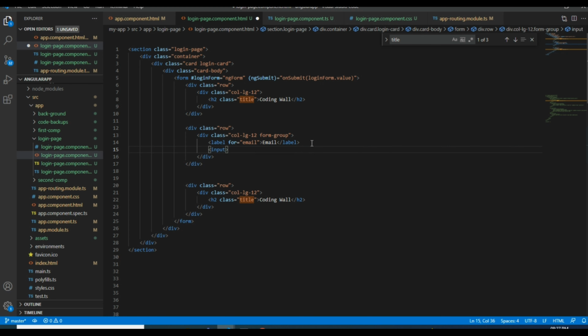Put class form control, type text, and placeholder enter email.